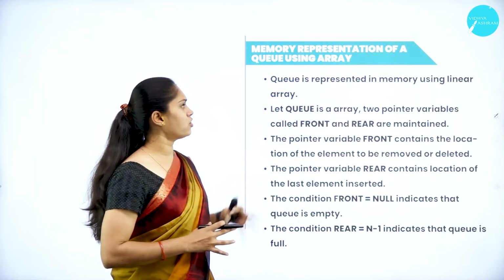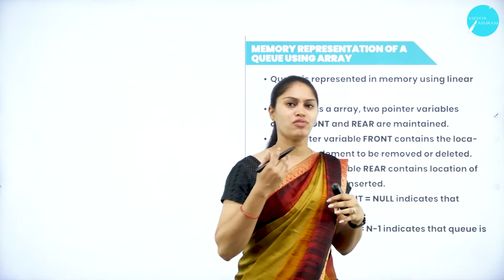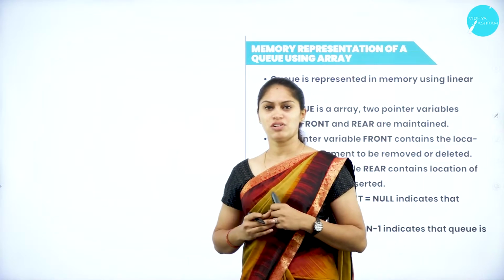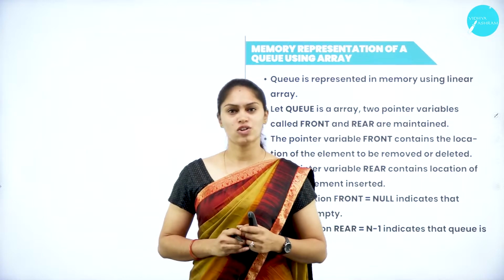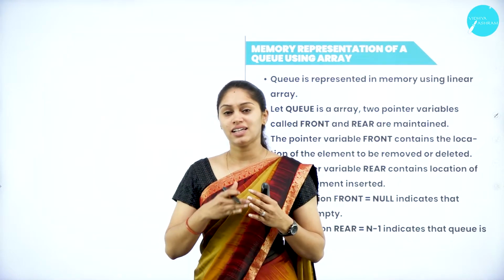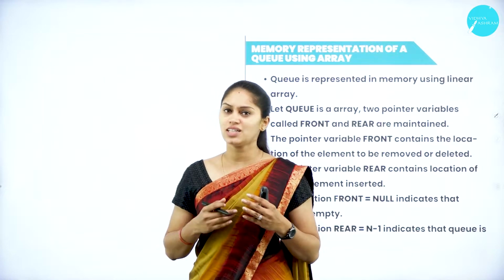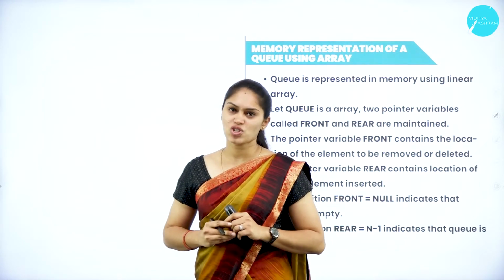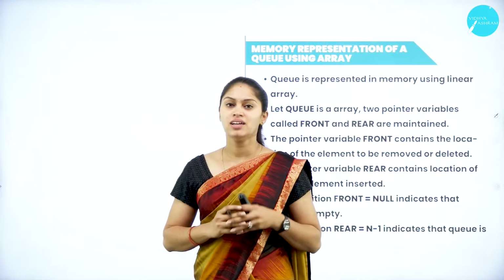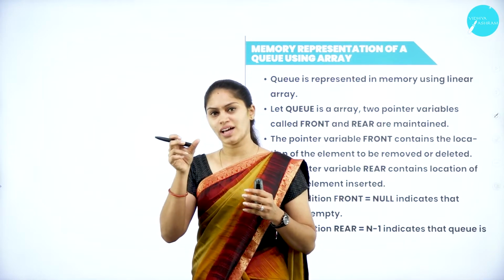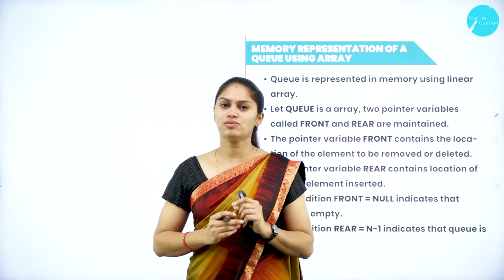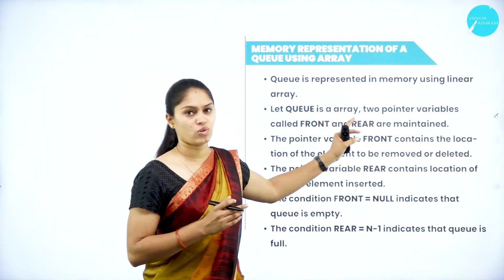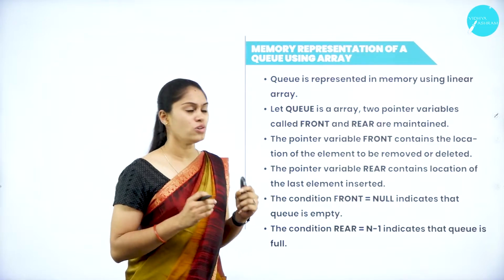So next, how are we going to represent a queue by making use of an array in the memory location? That is the memory representation of a queue using the array concept. So we all know arrays, right? That is a homogeneous collection of elements. That is also an ordered collection of elements. So here we are going to use a single dimensional view, that is a 1D array, which can be either row wise or column wise. By making use of that array concept, we are going to represent how the queue will look in the memory. That is the memory representation of a queue using an array.